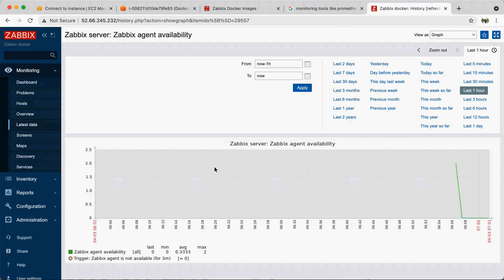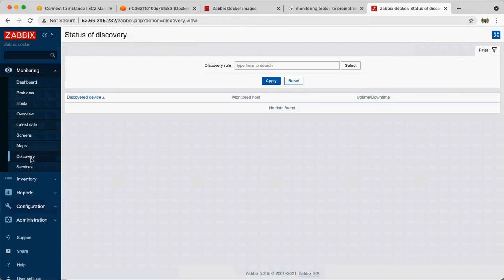If you just want to see the graphical interface, it will also show it. Okay, because on this particular server, agent is also available. So here you can see the different stats. You also have the functionality where you can see the last 5 minutes, 10 minutes, 7 days, last month, last week. All those time series based data Zabbix collects, and it can show it on a particular graph. Okay, then you have a discovery rule also. So you can discover your devices or hosts based upon certain rules.